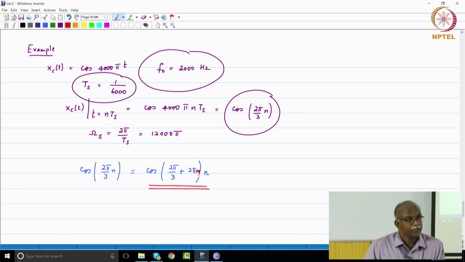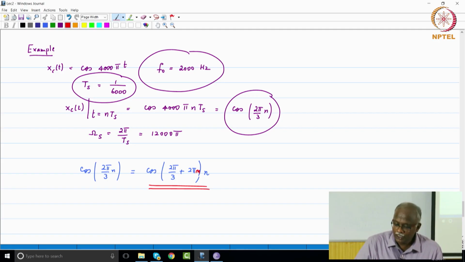Do you see that? You can in fact find an infinite number of frequencies which will map into the same signal. So it is very important for us to keep in mind that the process of sampling, the process of producing a discrete time signal, sometimes can produce ambiguities. But these are ambiguities that we would like to leverage and therefore take advantage of.